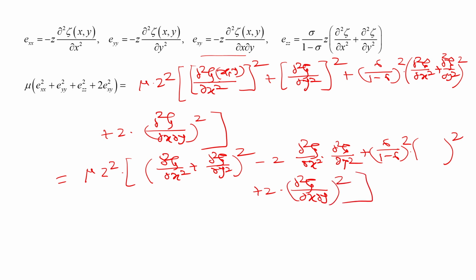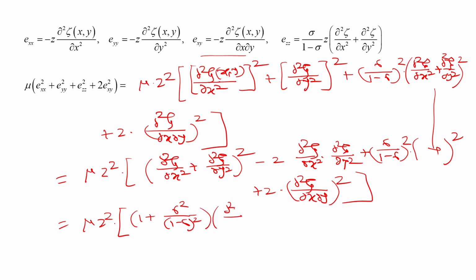So now we can combine this quantity. So here it is the same thing here. So we can actually do that, mu z square into this is 1, this will be 1 minus sigma whole square. So it is 1 minus 2 sigma plus sigma square. So let us write it like this, 1 plus this is sigma square by 1 minus sigma whole square, and